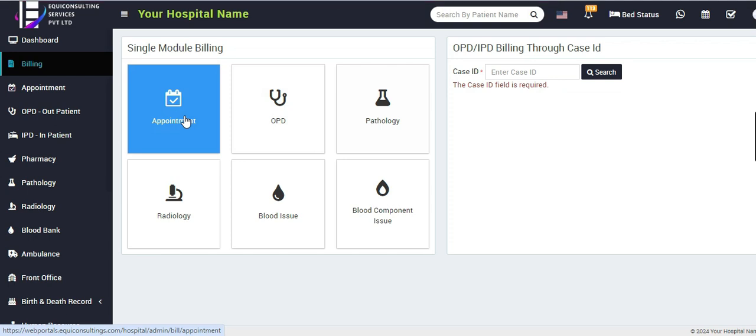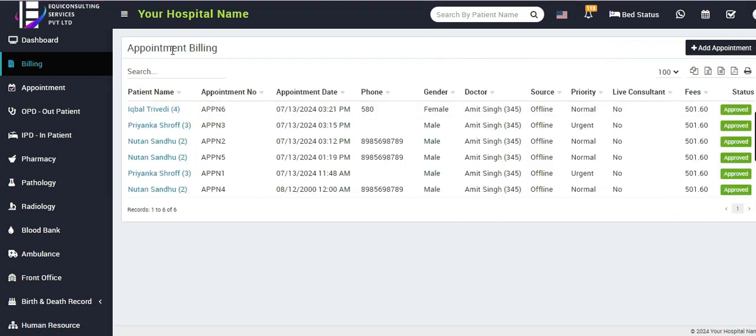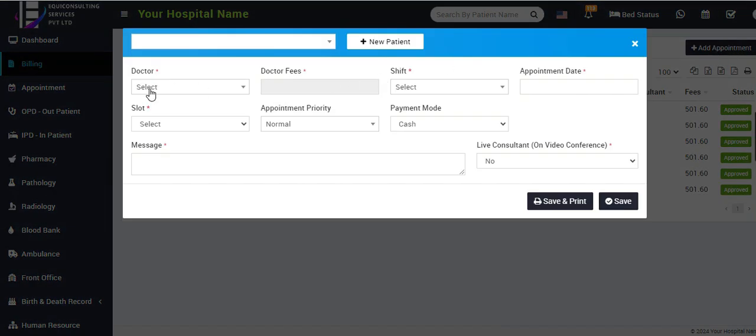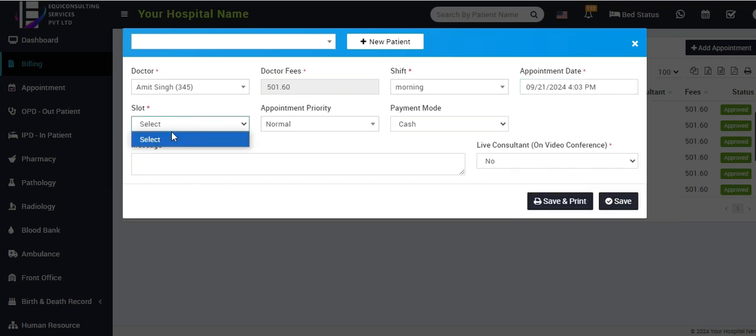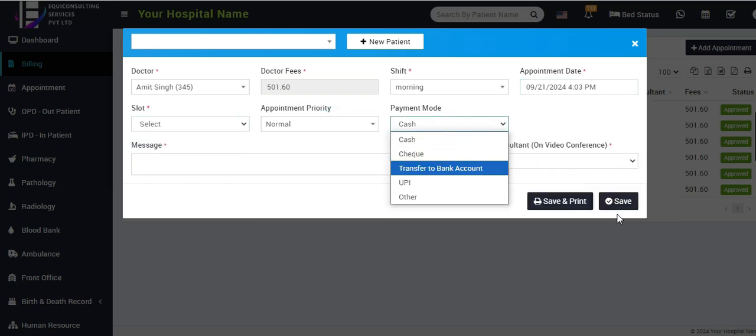And then there comes the billing section. If we click on billing, we will see there are many subsections like appointments, OPD, pathology, etc. If we click on appointment, we'll be able to see the list of the appointments with information like patient's name, appointment number, etc. And then we can add a new appointment by putting